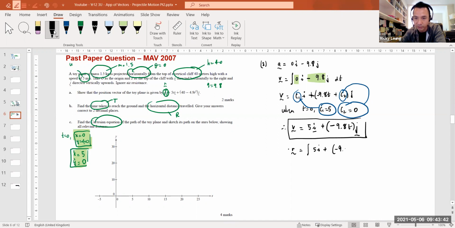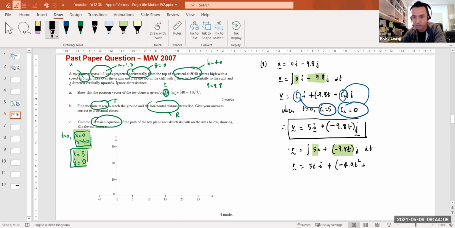Plus negative 9.8t j dt. Once again, what am I integrating? I'm integrating a constant there and a linear function there. So I know that that's going to be 5t i. So be very clear with your integral. This guy integrates, that's linear, so we'll divide by 2, so minus 4.9t